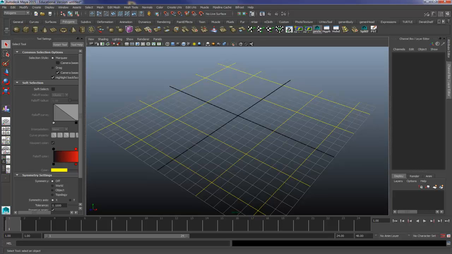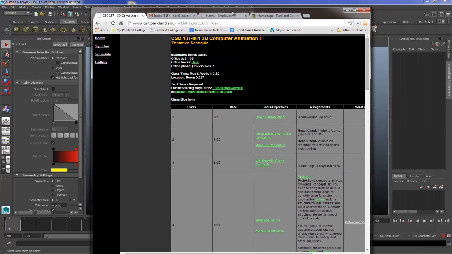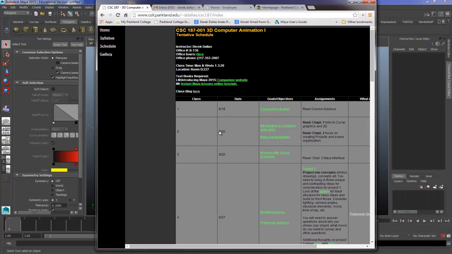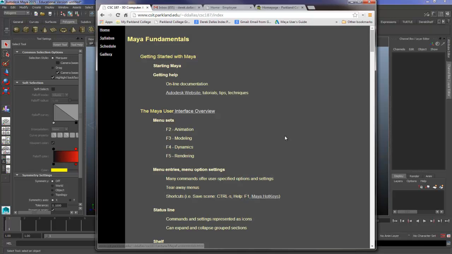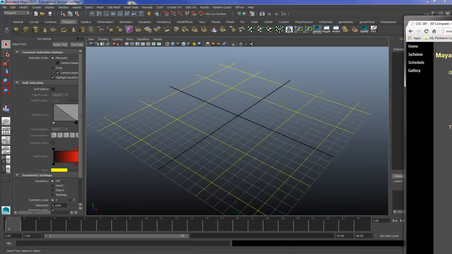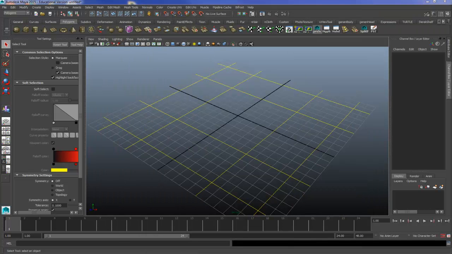I'm going to be following along on the notes. This may or may not be the semester that you are here, but it goes along with the content, Maya fundamentals. Some of the things I want to talk about and go over in this are according to this. Now, I'm going to be following these notes. I'm not going to have them up on the screen all the way, but I'm going to cover these basic ideas. And the first thing is